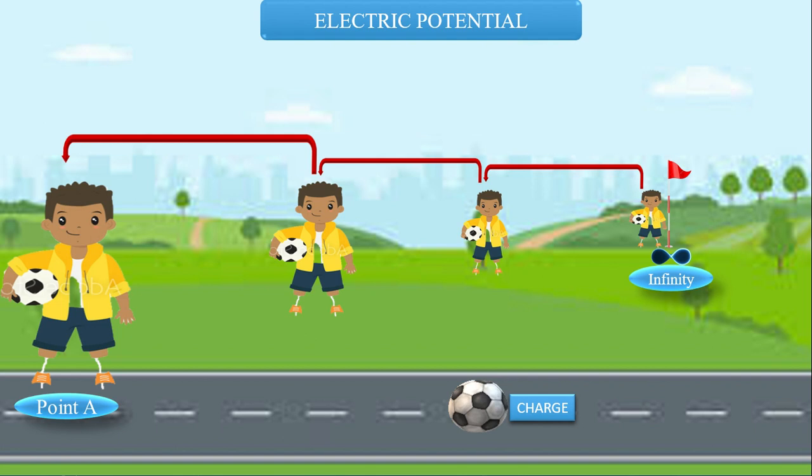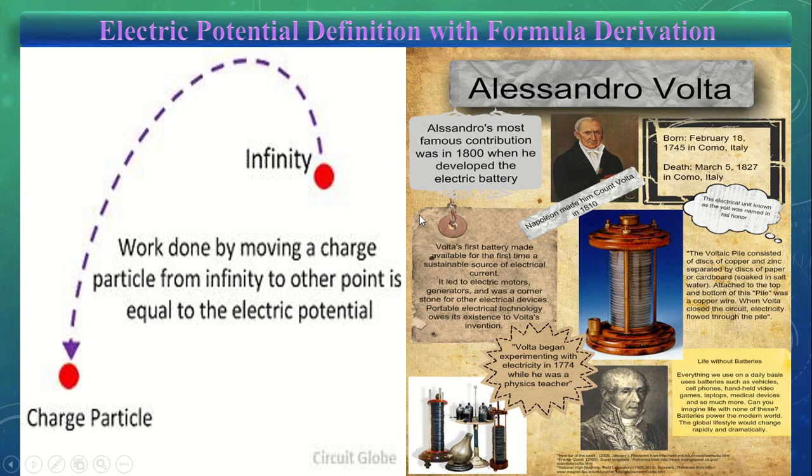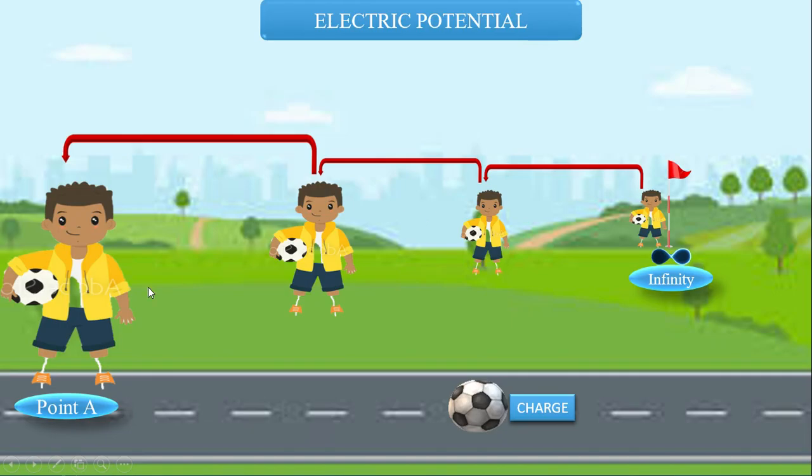So children, the energy is stored in that position where the charge stands. So the energy in the starting point will be in infinity position, and when the boy moves to point A, then the electric potential will be in that position. Okay. So the energy which the boy spends to move a charge will be stored in that position, and meanwhile the energy is used up and spent to bring the charge from the position where the boy is standing, that is in infinity, to point A.